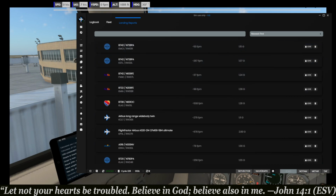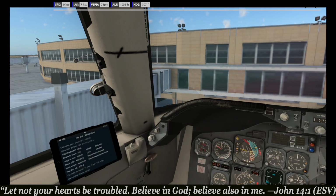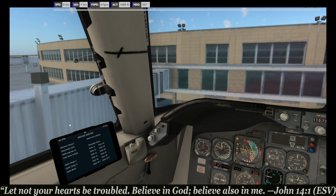Alright, so let's go ahead, get rid of Sim Toolkit. Let's see if all the peeps have left the plane. Hey, certainly have. What I'm going to do, just because I know some of these planes... Oh, the cargo doors are already closed again for us. Let's get that away. We're going to try to replay this so we can kind of...